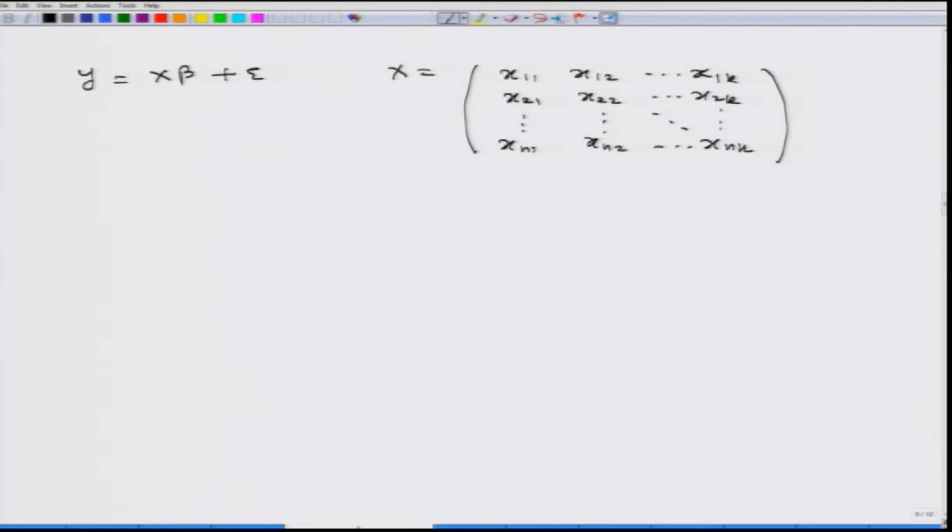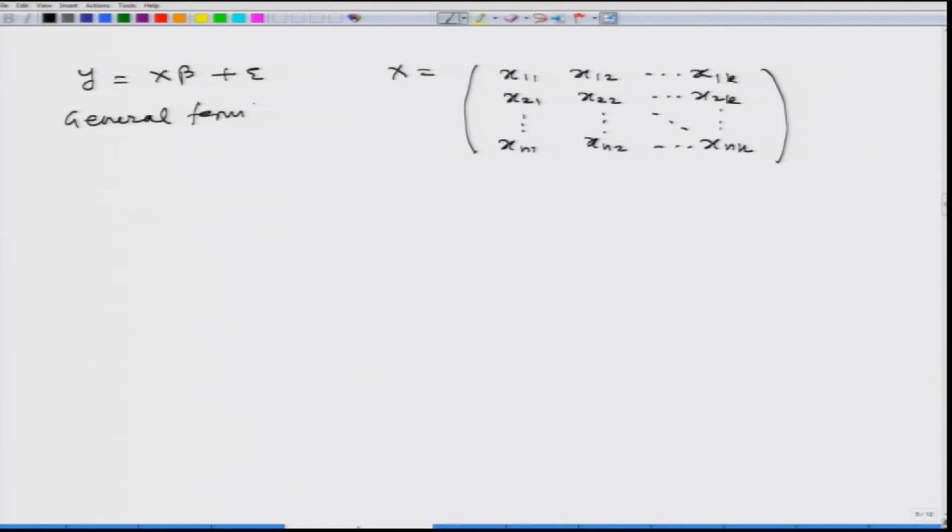And in case I want to consider the intercept term in the model, then the first column of the X matrix has to be made 1, 1, 1, 1, 1, and in case I do not need an intercept term in the model, this X matrix will remain as such. So, this is a very general form,